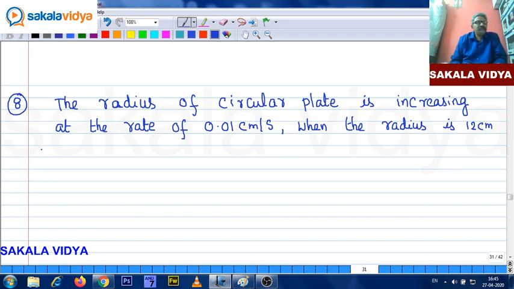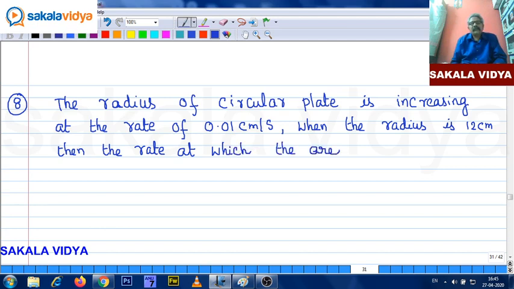then the rate at which the area increases is